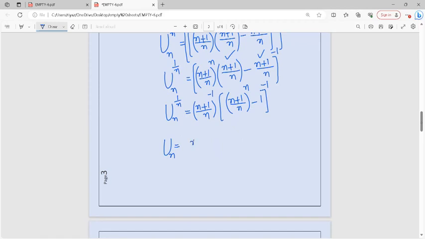I want to change the order, n upon n+1, so this power minus will become plus here, into, okay, what I am doing here is the same thing, changing the order, (n/(n+1)) whole to the power of negative n, minus 1, and whole to the power of minus 1, right? This is u_n to the power of 1/n is equal to,